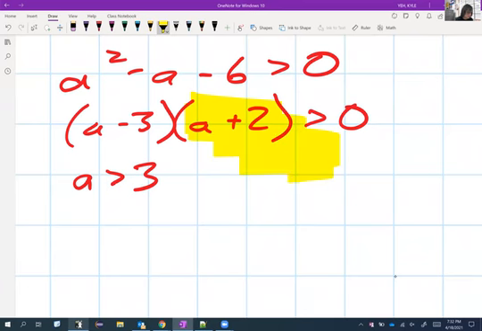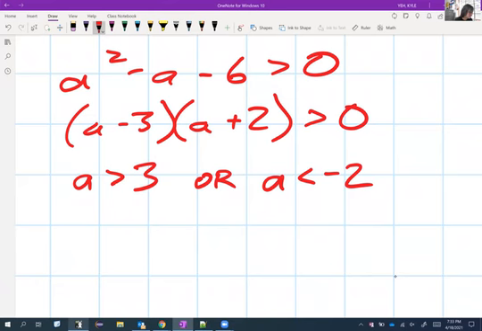And whatever it is, it's a positive number, plus 2 will be positive. So a greater than 3 takes care of the idea that they're both positive. Or how do I make them both negative? Now it's flipped. I'm not worried too much about the minus 3 because that'll help me get it negative. But by looking at that second factor, I'm hoping you'll see